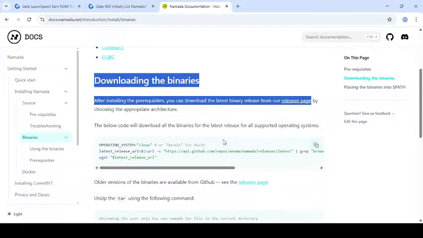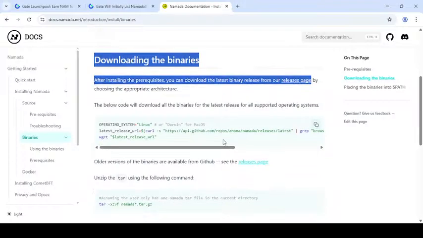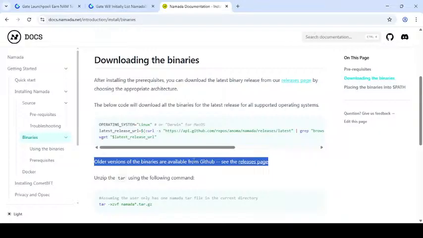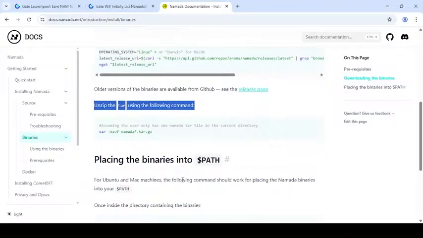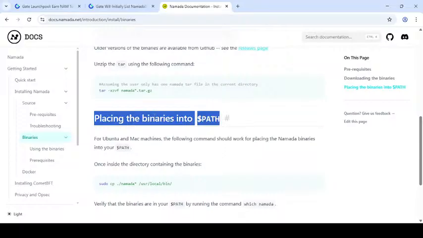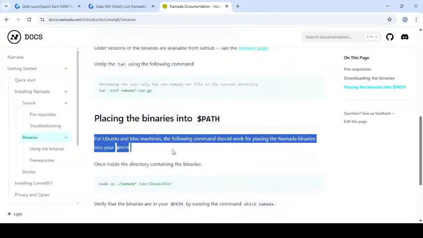download the latest release and the most release phrase by choosing the putting in architect the below of code, and wait and overall versions of value binaries available from the GitHub, see the release page and brief zip and the tar using the following commands and for placing binaries and spec path the enable make matches, following the commented on should work for